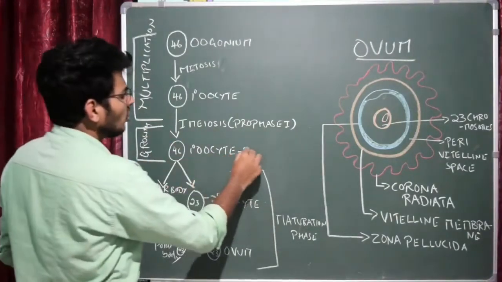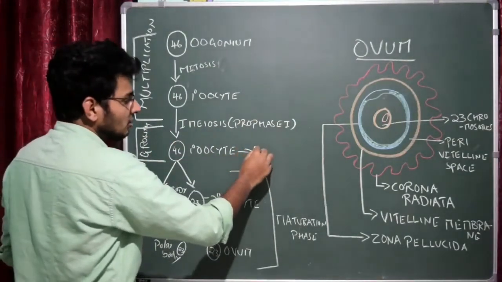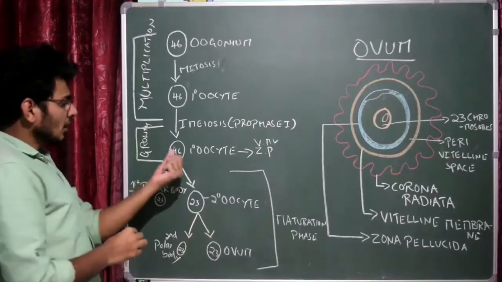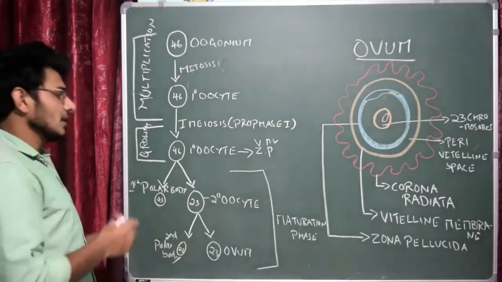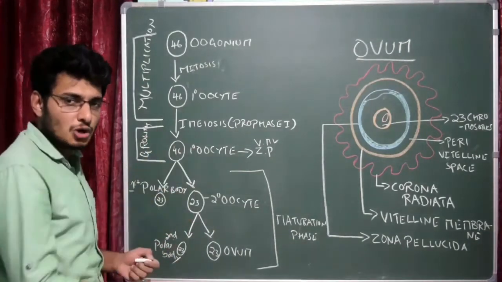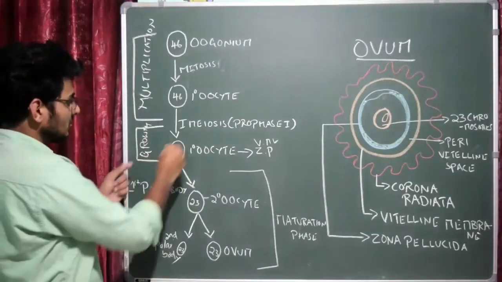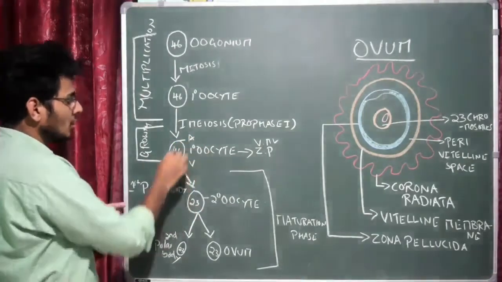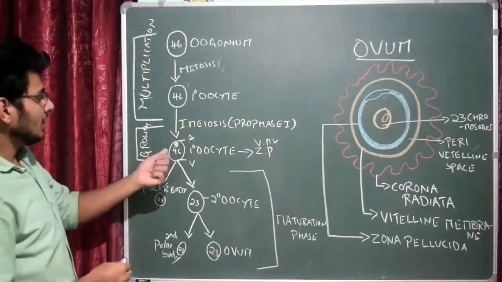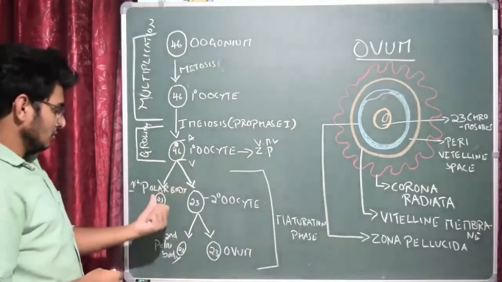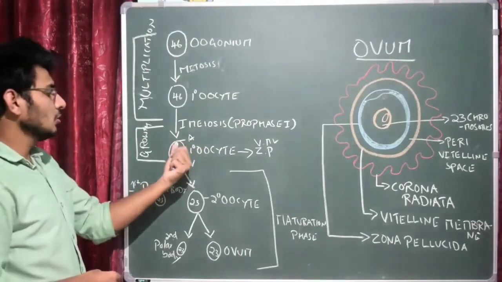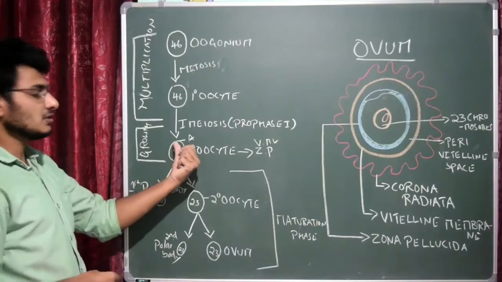Here you could see a lot of changes, as I said: initiation of the zona pellucida takes place, and completion of the vitelline membrane takes place. At the same time, the nucleolus quantity increases and the nucleus becomes big, cytoplasm quantity increases, mitochondria level increases, and Golgi complex increases. Here this is the animal pole and this is the vegetal pole. The nucleus migrates towards the animal pole. You may get a question: where exactly are the first polar body and secondary oocyte produced? That is towards the animal pole because the nucleus is here, so karyokinesis takes place towards the animal pole.